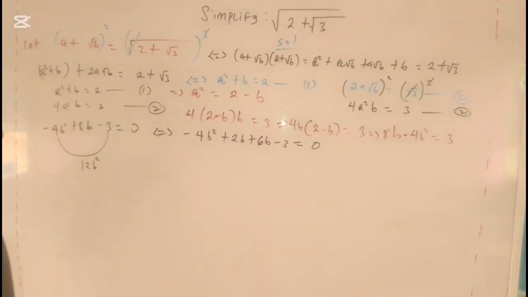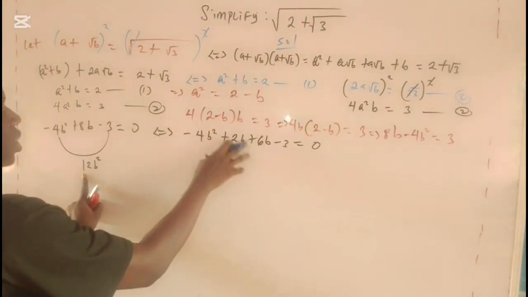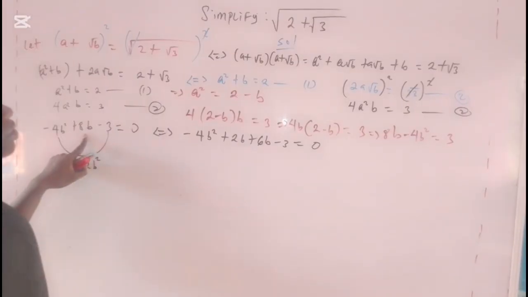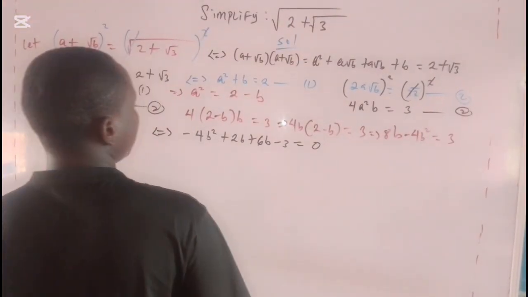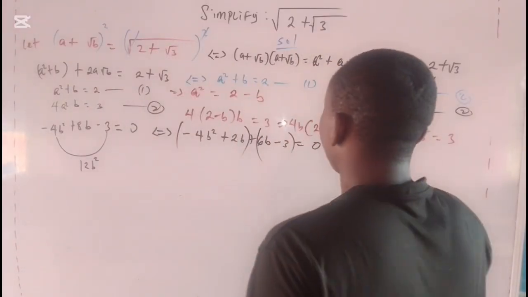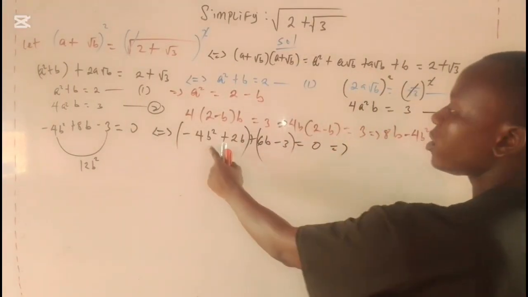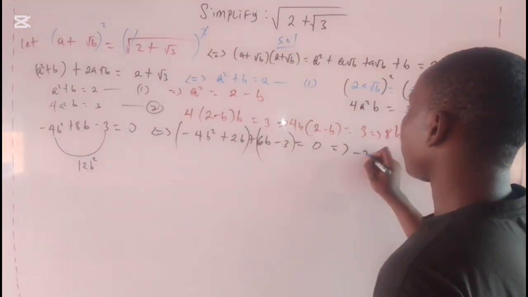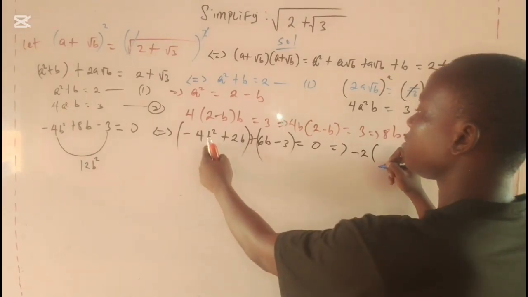Plus 6b. So 2b times 6b, 12b squared. 2b plus 6b, 8b. Then you factorize. So if you factorize, you're going to have something like this. You group it and factorize. Now, what is common here is negative 2. So we have negative 2 into brackets,